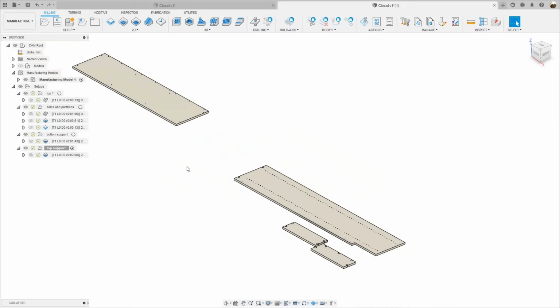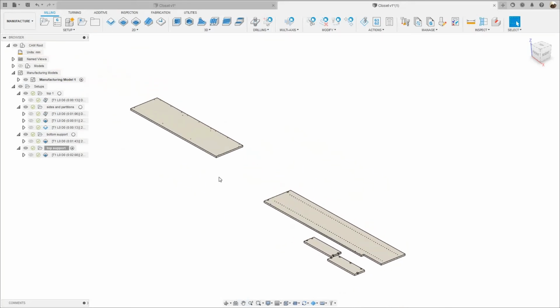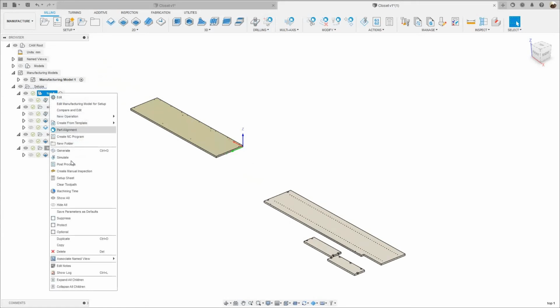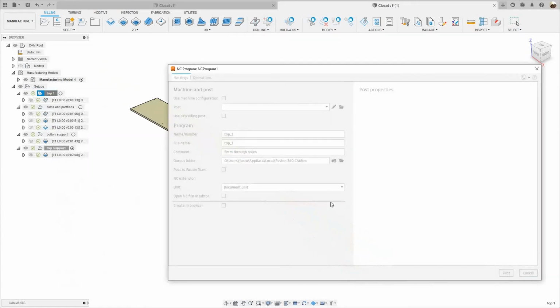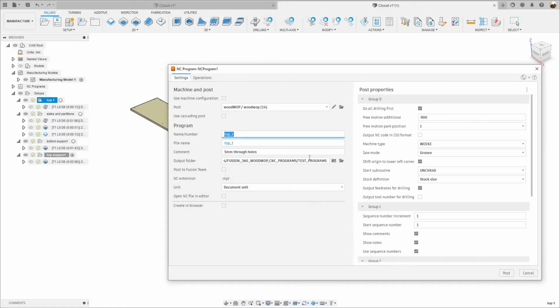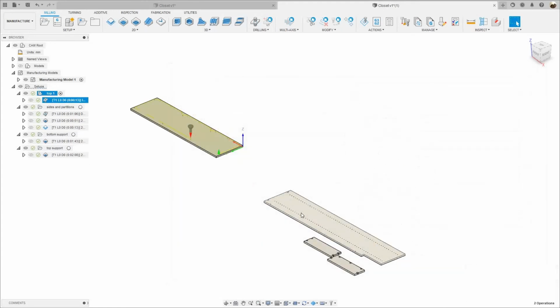Okay, so I'm gonna start posting these programs. The first one is gonna be top one. So I'm gonna right click, go to post process. Okay, and I have that folder right there, so I'm gonna post it. And then I'm gonna